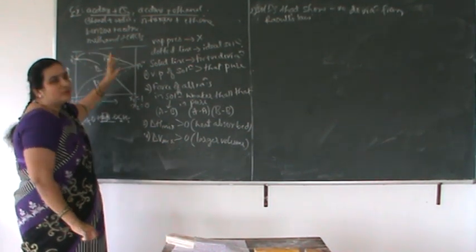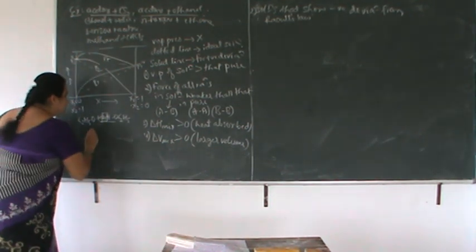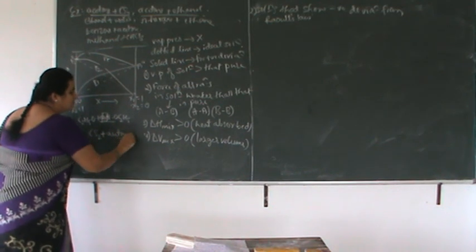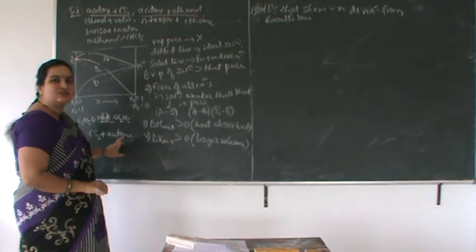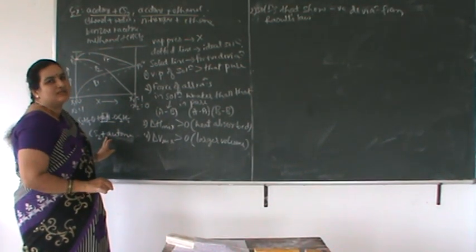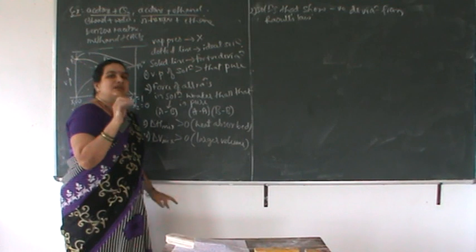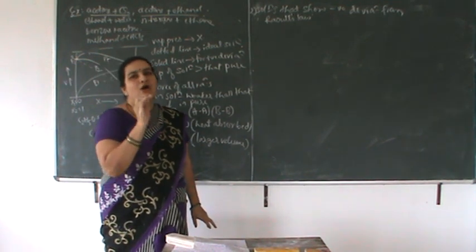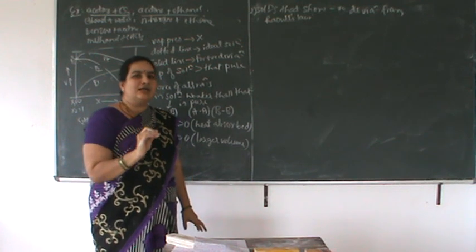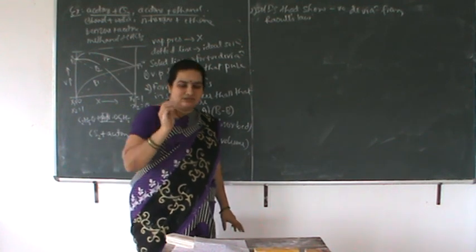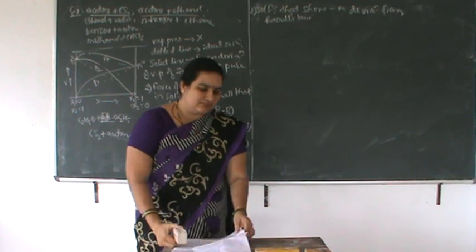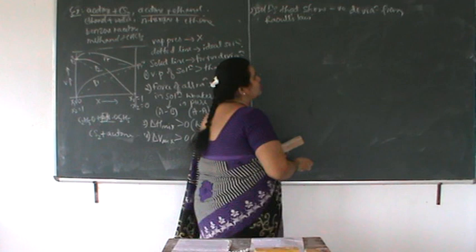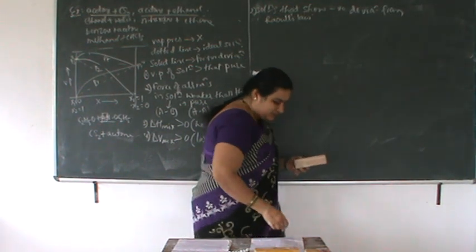Now the acetone plus CS2 solution. The dipolar interactions in the solution of acetone and CS2 will be weaker than those in the individual acetone or CS2 molecules, so that we have positive deviation from Raoult's law. Now the next one: solutions that show negative deviation from Raoult's law.